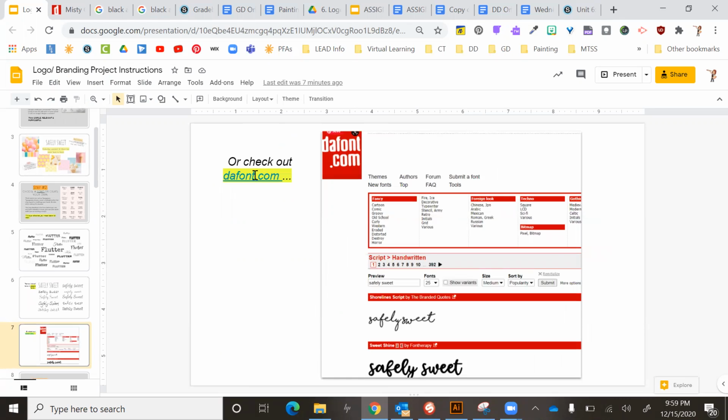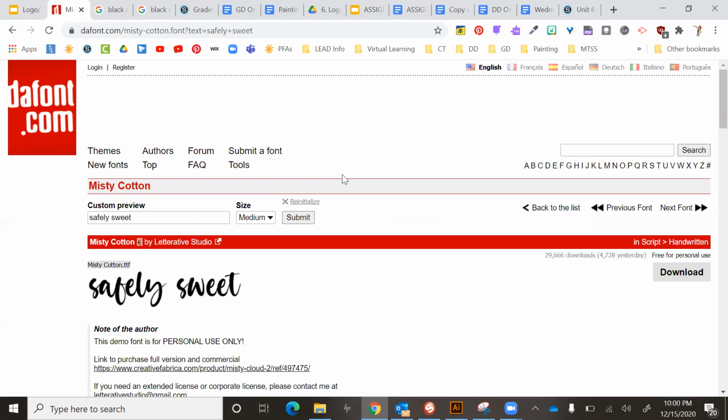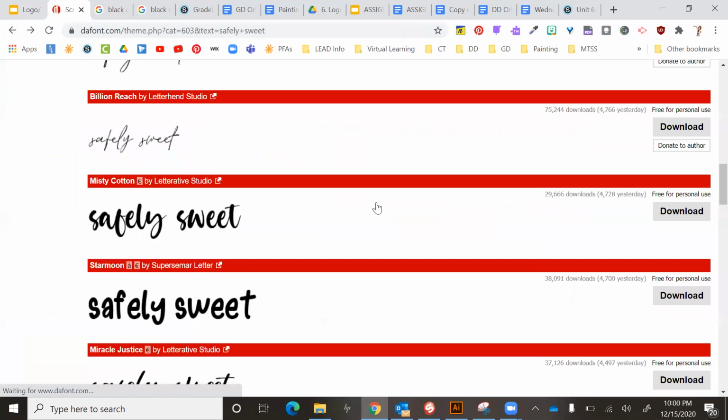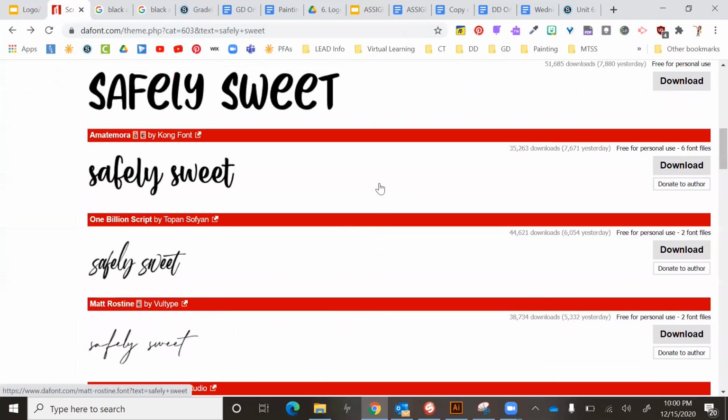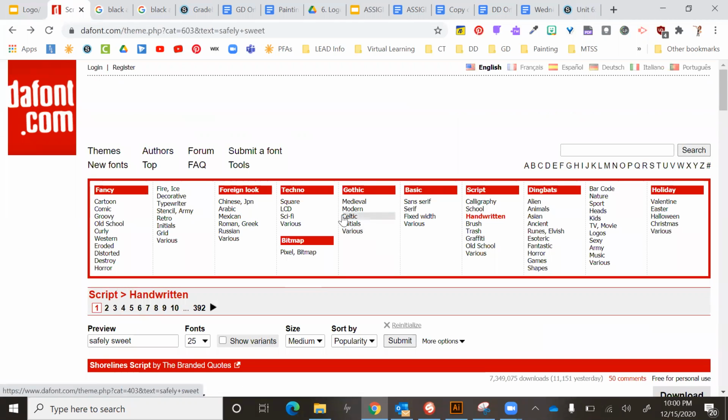Another way is to use a website like thefont.com where there are tons and tons of different ones on there. So that's what I'm going to use. In fact, that's what I've already used. Here is thefont.com. When I got on here, I first, and I'm going to go back so you can see where I came from. So when I first got here, I clicked on handwritten,